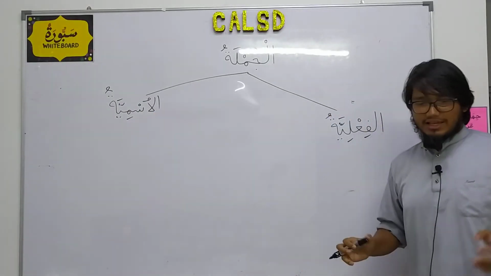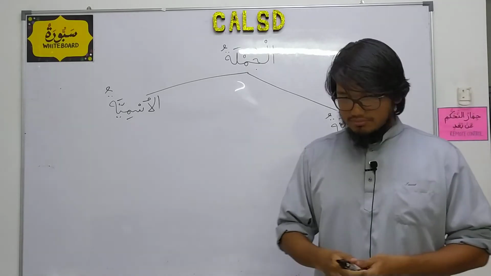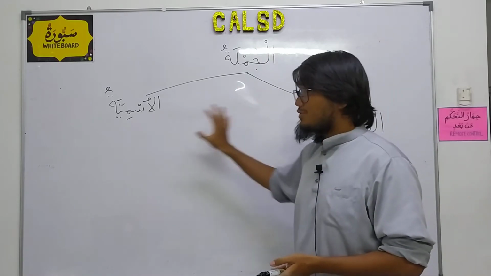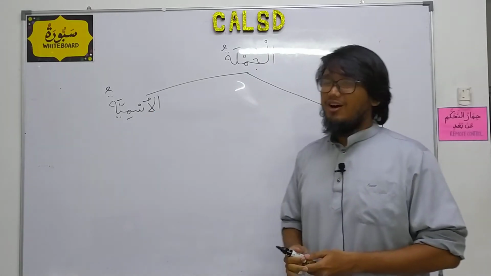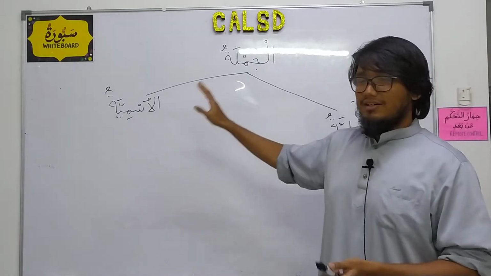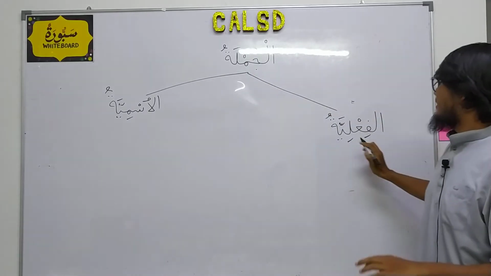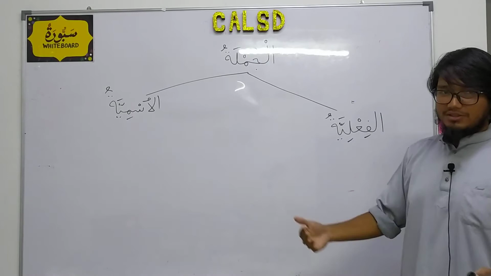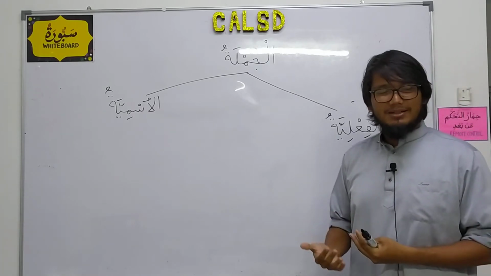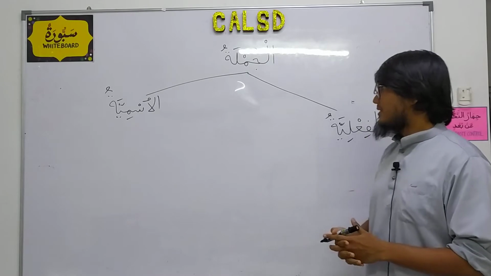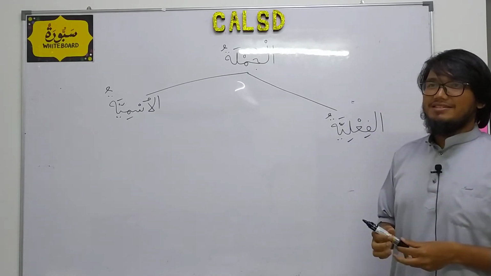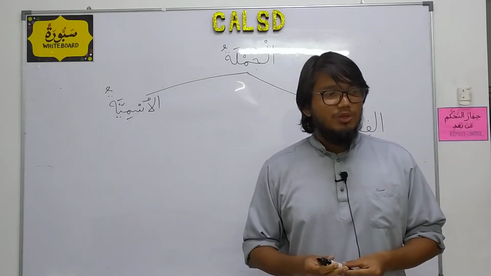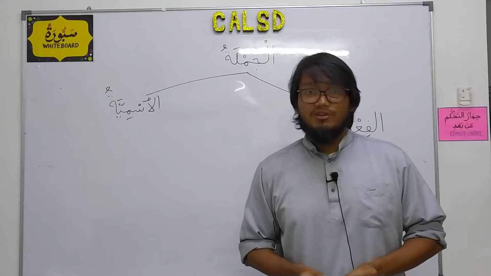Okay, so again I would like to reiterate, the Arabic language has only these two types of sentences. All the sentences in Arabic will either be the one or the other. So jumlatul fi'liyatu, al-jumlatu, as I've said before, means sentence. Al-fi'liyatu means verb. If you translate it literally, it means verbal sentence, which doesn't really make a lot of sense, because in the English language or the Malay language, we don't have sentences whereby we start with a verb.